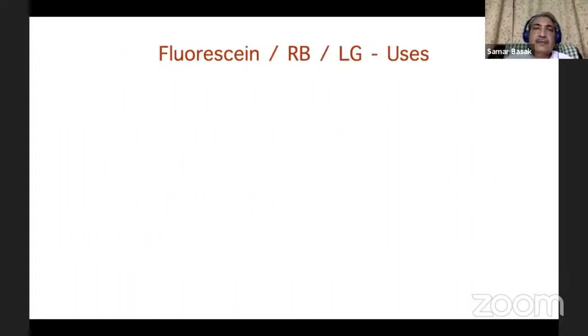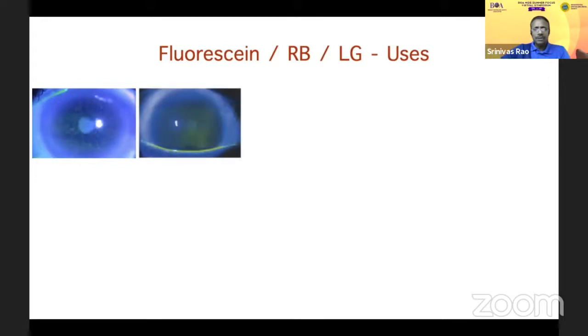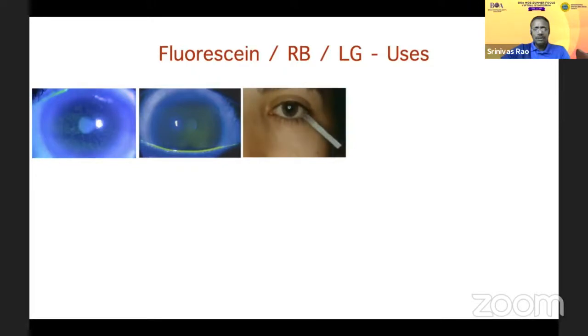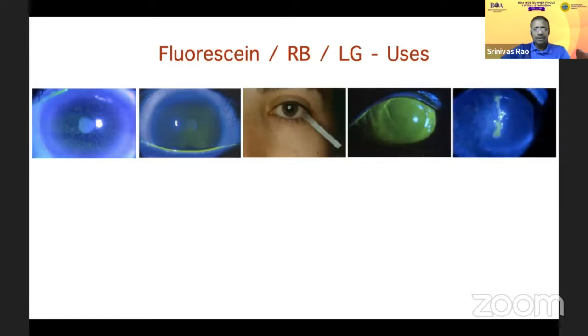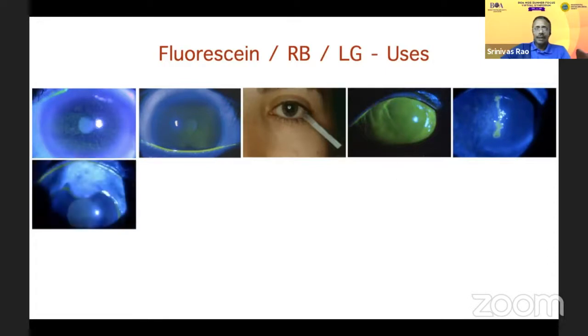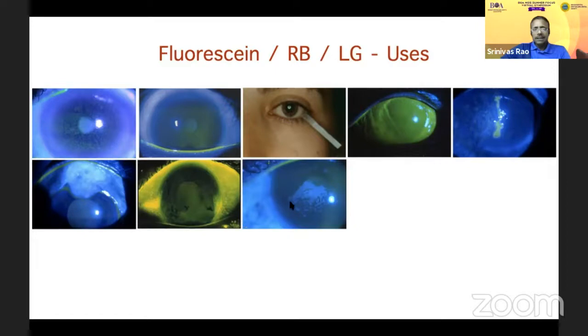We can use it in various ways. For example, we can use it to look at the effects of dryness on the ocular surface. We can use it to stain the tear meniscus to measure its height. We can use it to look at the evacuation of tears from the surface in the clearance test, use it to look at the extent of damage in a chemical injury, and to look at the morphology of the various epithelial defects and corneal infections. We can use it as a Seidel test to look for leaks, effects of contact lens use on the surface, and in epithelial ingrowths in a post-LASIK flap.